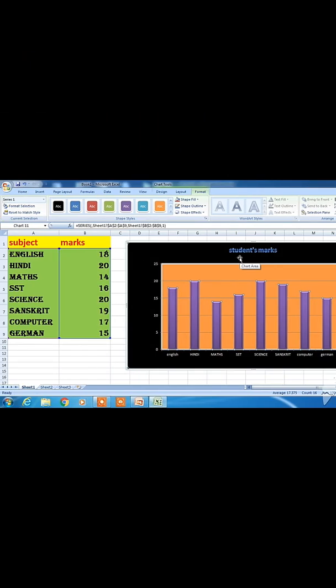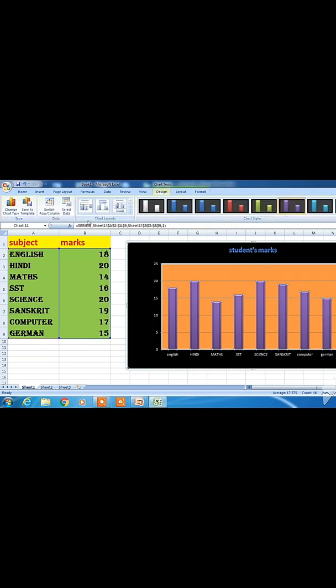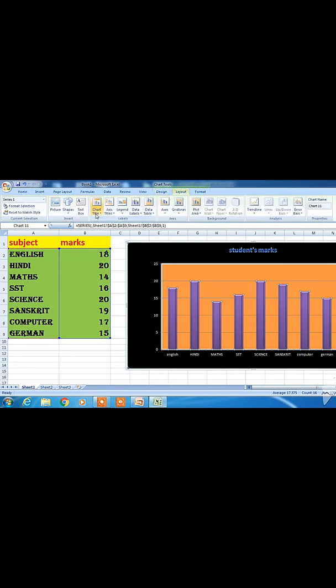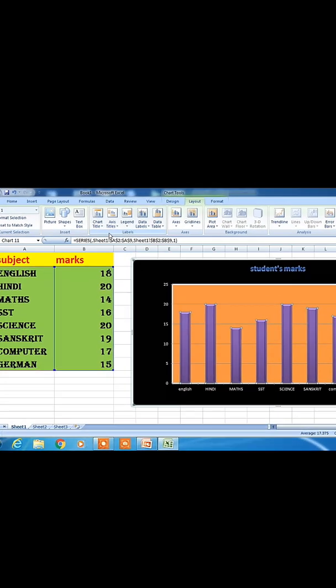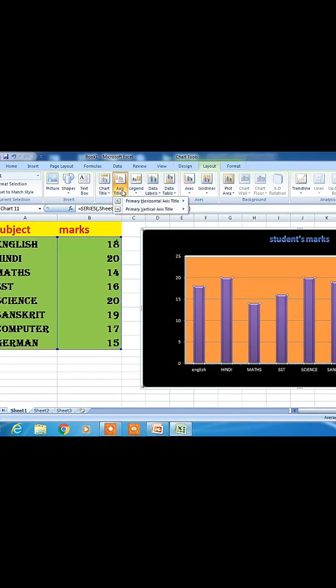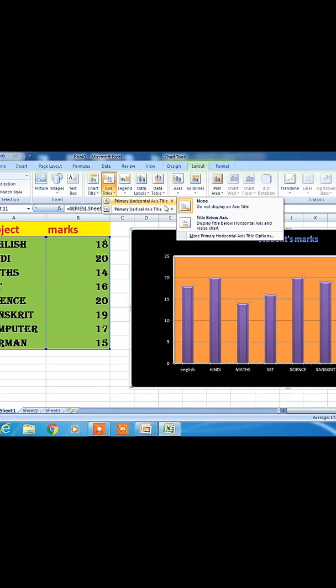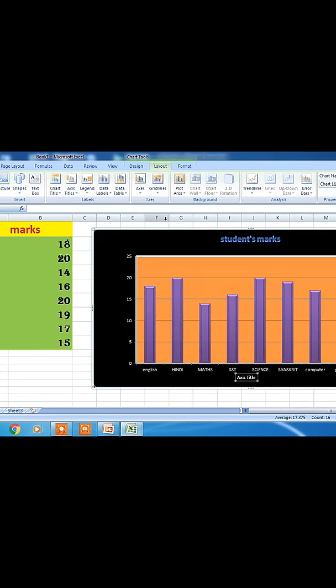So we have learned not only how to make charts, but how to work with design tabs, switch column, select data, right, layout tabs, different things. In that, one more thing is there, axis title. We can add a title to the axis. See, first I am adding the horizontal title. Marks are there, subjects are there. So in the graph you plot, na, subject is there. I will write subject.